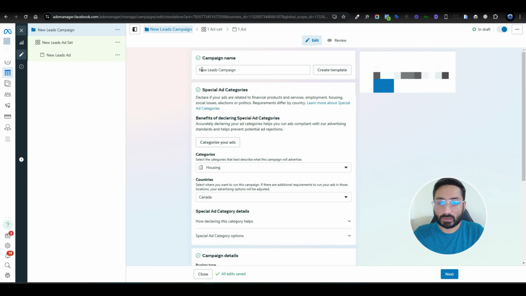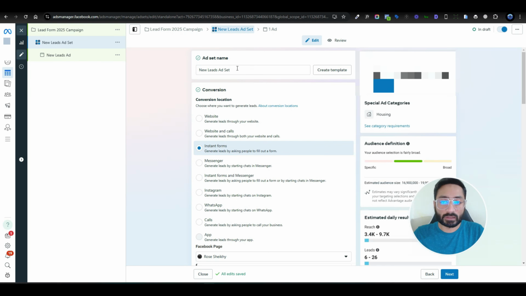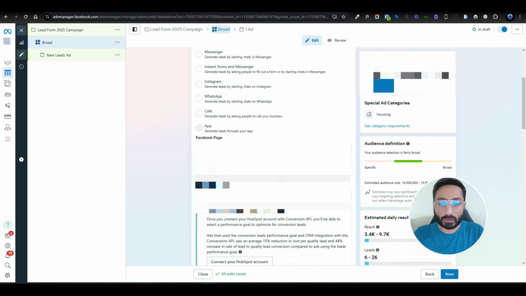So here we just name it lead form campaign. After this, we will not do anything here. We will not use the campaign budgeting. We'll go to the ad set area, and for starters, we'll create a broad campaign,